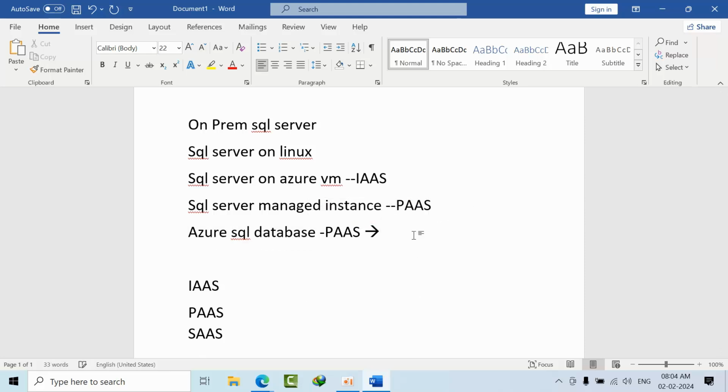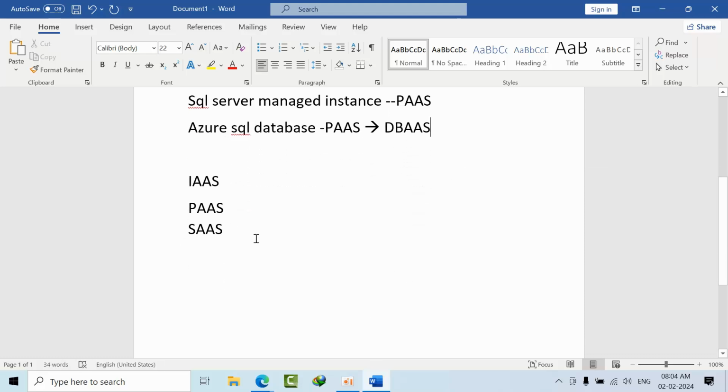That's the reason, and we are working on only single databases as per our requirement. We call it DBaaS, database as a service.